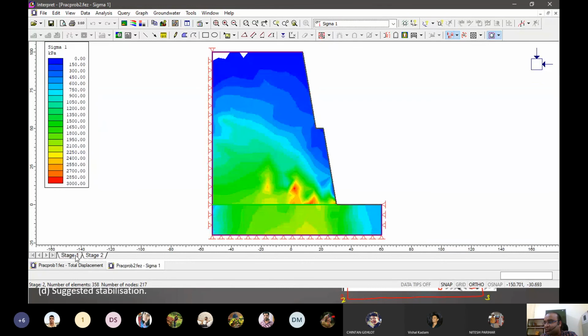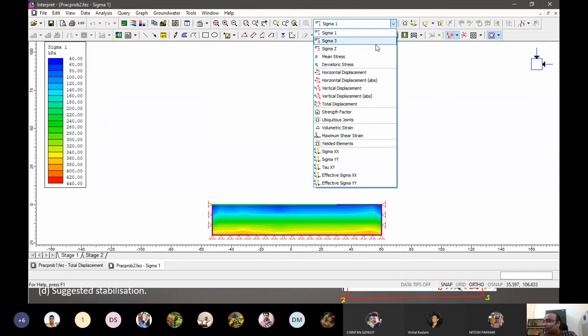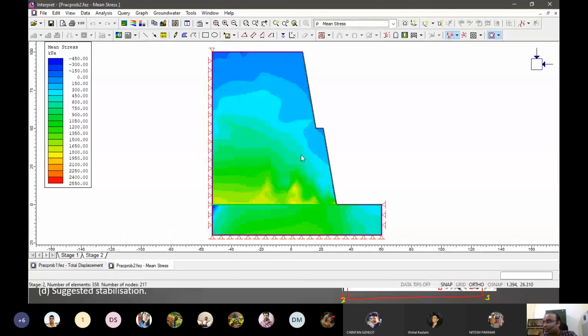So this difference we can see, we can analyze that, and how the stresses are changing. So we can have mean stresses and how the stresses change as we put the overburden material.